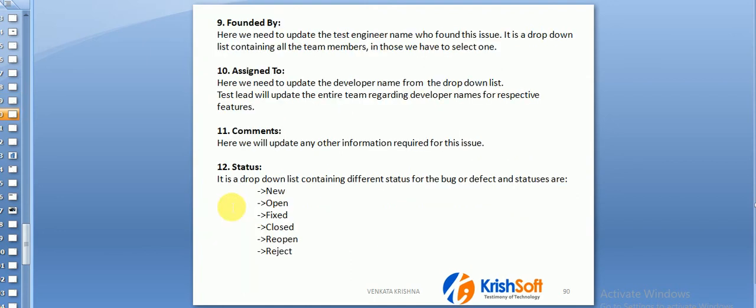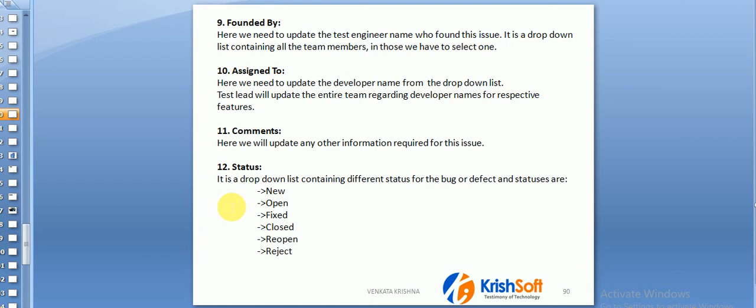Well, next, founded by. Who found that particular bug? Tester name. This is an auto filled column, automatically filled with your name. Assigned to. Who is the developer that particular bug is related to? There are 2 ways while assigning.